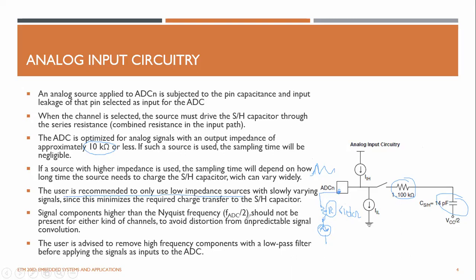And also, there's a theory called Nyquist frequency. Say this signal has 1 megahertz frequency, right? So your ADC processing speed should be at least 2 megahertz, right? Only if your processing speed is 2 megahertz can you sample this 1 megahertz signal. So if your processing is 1 megahertz,